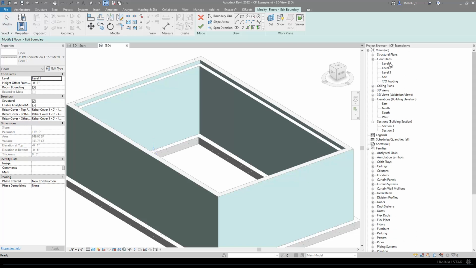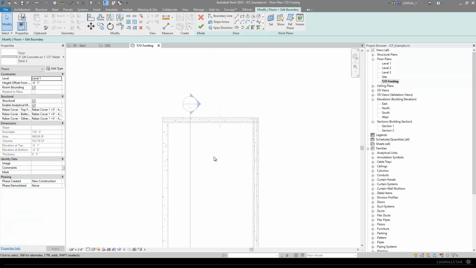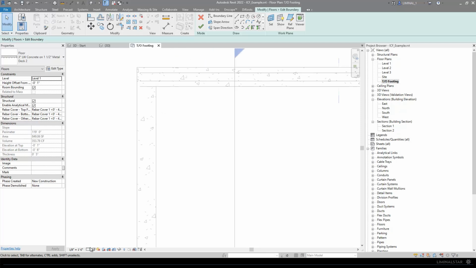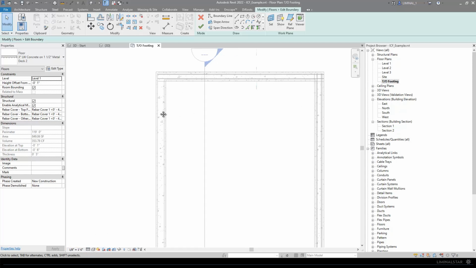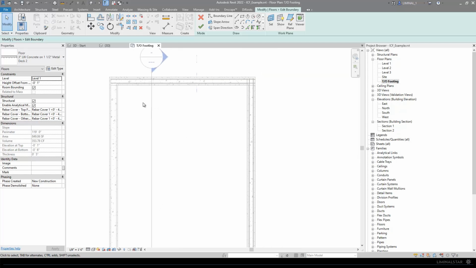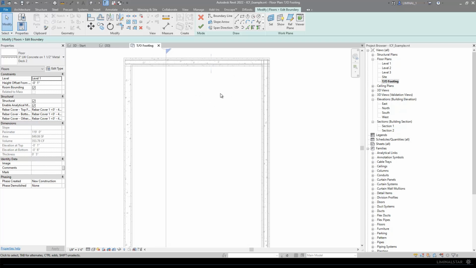So in order to do that, I want to go to a level that I know is intersected by these walls. So if I go to the top of footing, I should see these walls. Right now, I'm only seeing concrete, so that's kind of indicating to me that I don't have the detail level on to show the multiple layers. So now I can actually see the multiple layers of the wall, and I can determine where I want that floor to go. So I'm going to choose my pick walls option in the sketch options here,